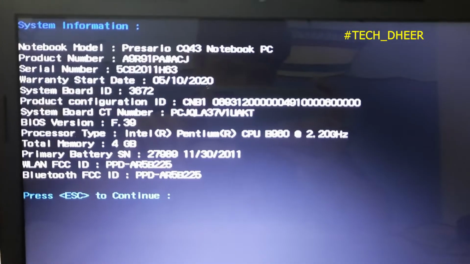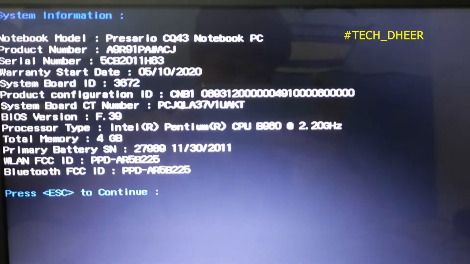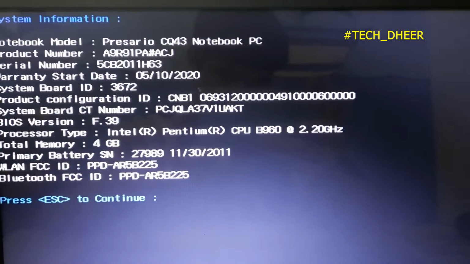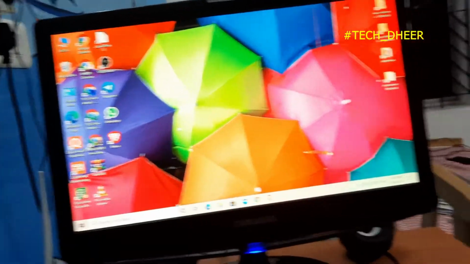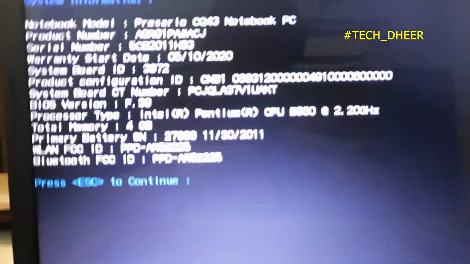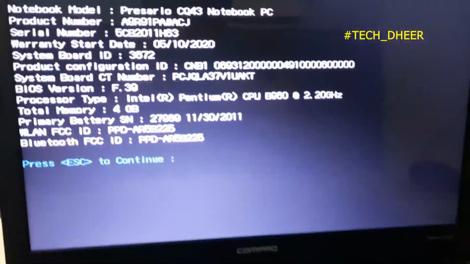But you can see mine, it's now Intel Pentium R CPU B960 at 2.20 GHz, and this, it is Intel Pentium which is 2.60 GHz E5300. Okay, so that's why Windows is running smoothly over there, but it runs smoothly in this, but only the thing is it lags a bit.